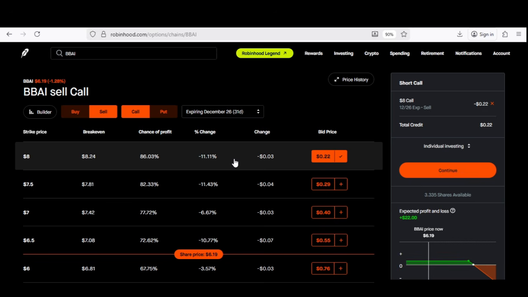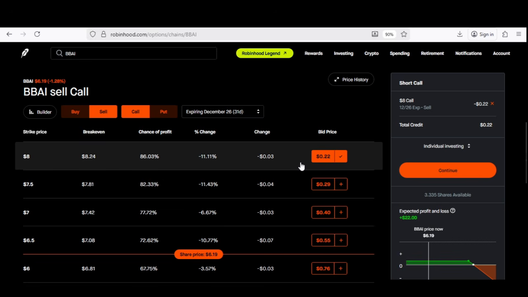So now I'm going to show you how to make some extra income, known as capital appreciation or investment gains. Once again, this $22 right here is going to be your consistent income. You're going to keep doing this option strategy until you're assigned. Every time you do this option strategy, you will be getting income. It's not going to be exactly $22, but somewhere about there.